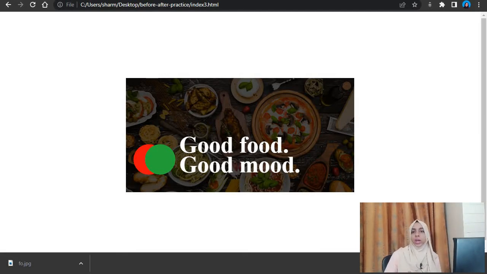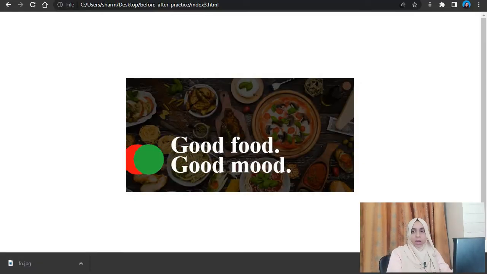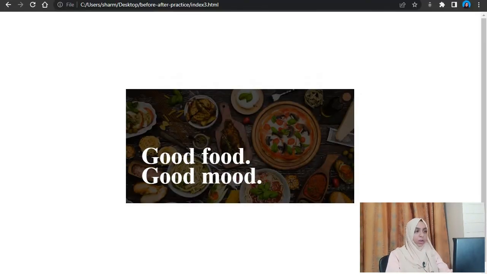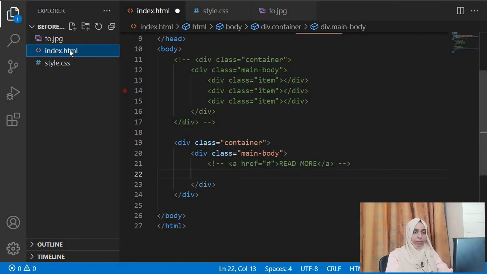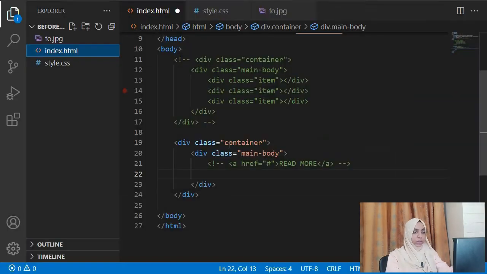Let me give you a few hints. Here you can use an H3, call the image in the background of your div, and inside of that you can have an H3 and a span, and the span can have a before and an after. The before you can call the red circle there, and in the after you can call the green circle, and you can do it accordingly. Alright, so these are the few hints that I gave you, and do not forget the use of transition. So yeah, try and come back if you're not able to do it. We will do it together.